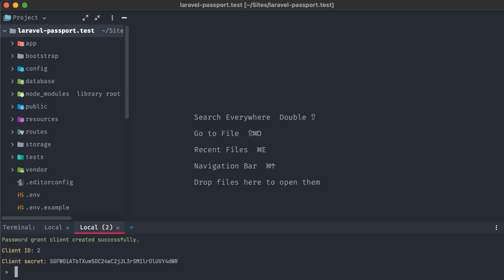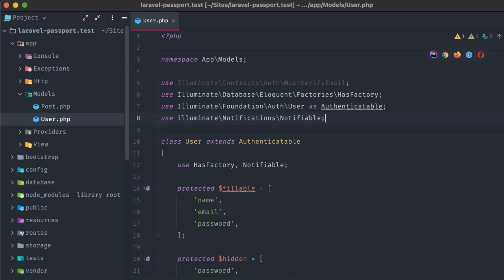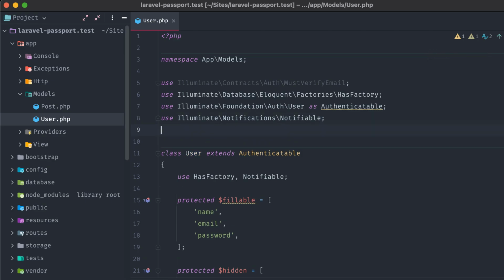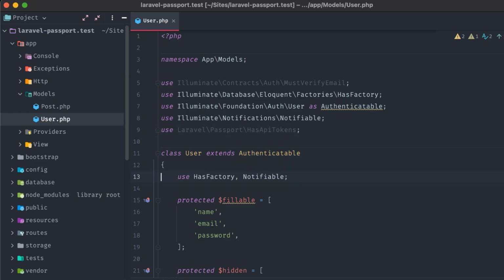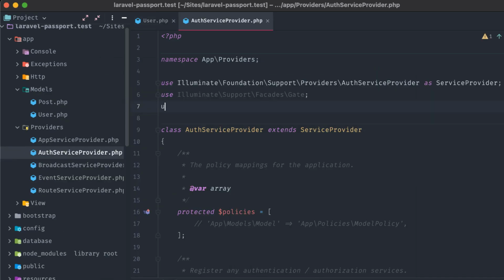Okay, that looks like it went through well. So our next step will be to take a few lines of code and add them to our user model and routes. For the user model, we'll need to implement the Laravel Passport HasApiTokens trait. And in the AuthServiceProvider class,